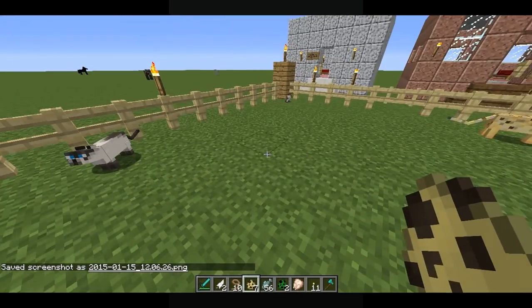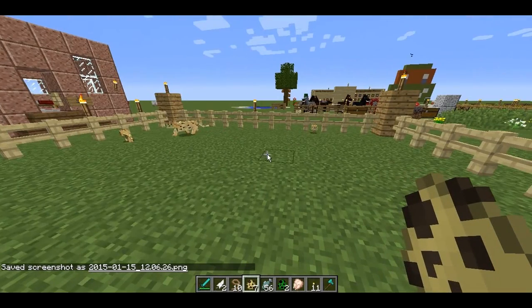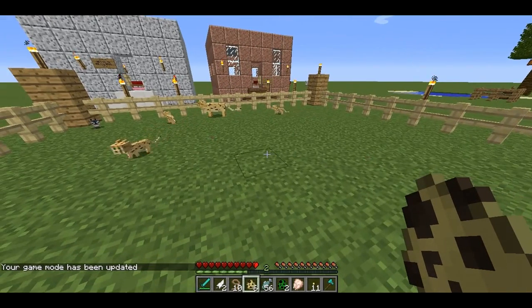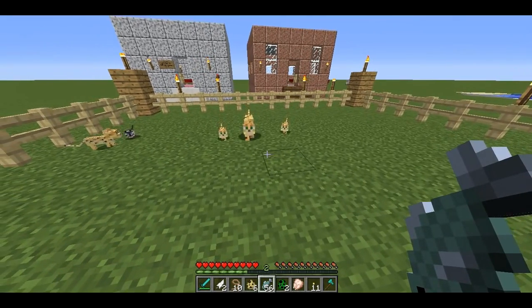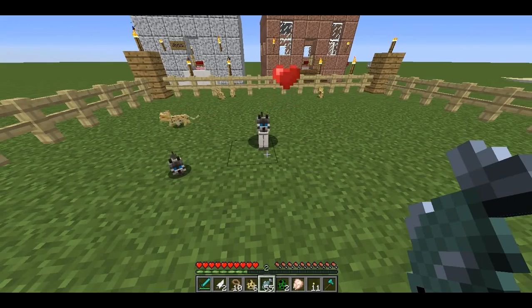Okay, as you can see, I spawned in a couple more ocelots to give us another chance. I spawned in one, and I got two babies with it. They act differently in the different game modes, so I'm going to try to stay in the normal game mode. And again, we got two babies with that one spawn egg. That was really strange. So we'll try to see if we can't tame